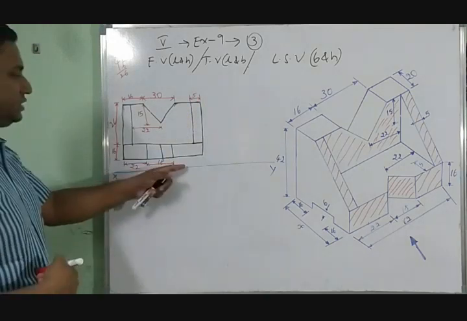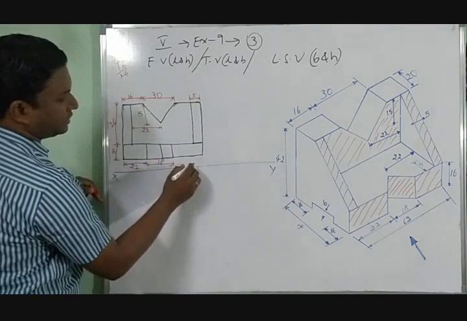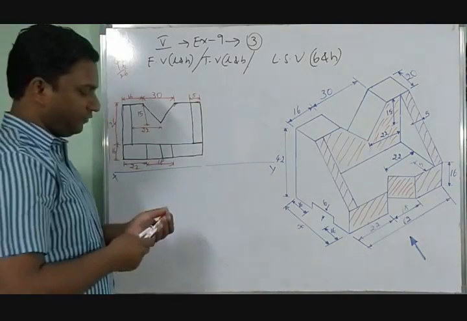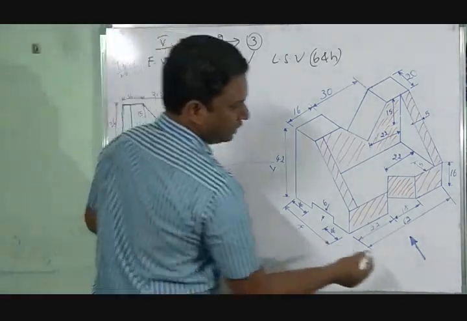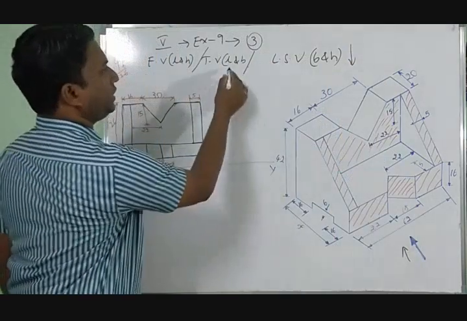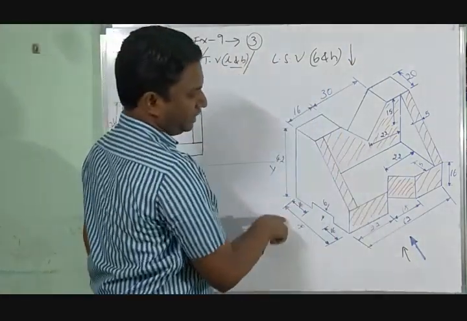See here, total it is 62. You can show the total length, whatever the things here itself when you have, if not you can show in the top view. Now coming to the top view, see front view as we discussed, it is from here. Now top view from here. Top view, what are the things? Length and breadth. See, length is 62, breadth is 50.